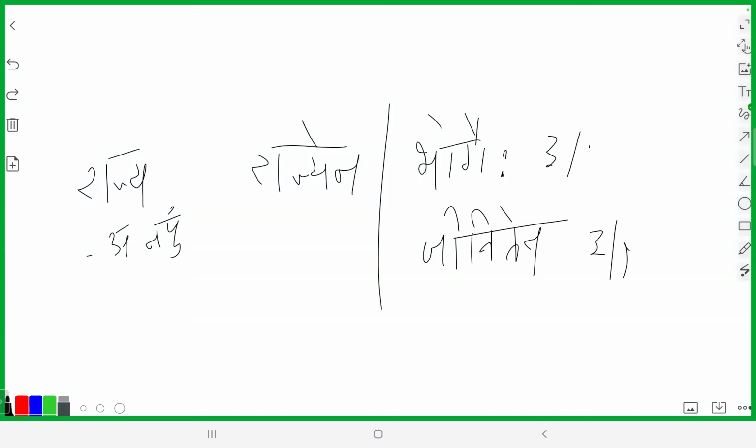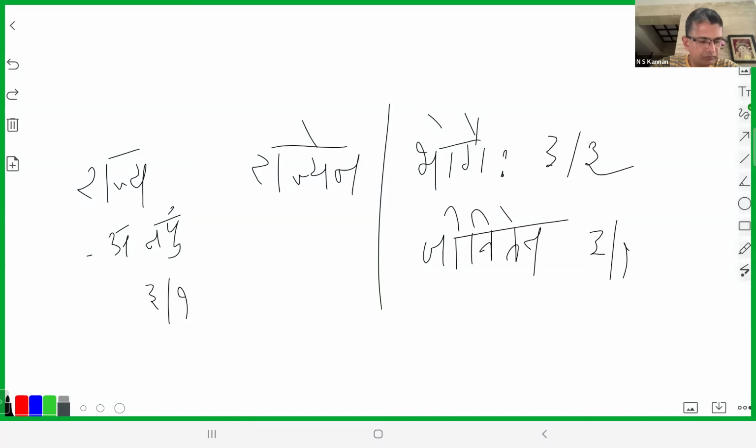This is Tritiya Ekavachanam. This is Tritiya Bahuvachanam. This is also Tritiya Ekavachanam. Correct? See, at this point of time, you are equipped to understand every word in this sloka. You have covered each and every word. We have not done Sambodhana Pratama. We are going to do it in the next few classes. Krishna, apart from that word, I don't think there's anything in this sloka which is to be done. Everything is covered.